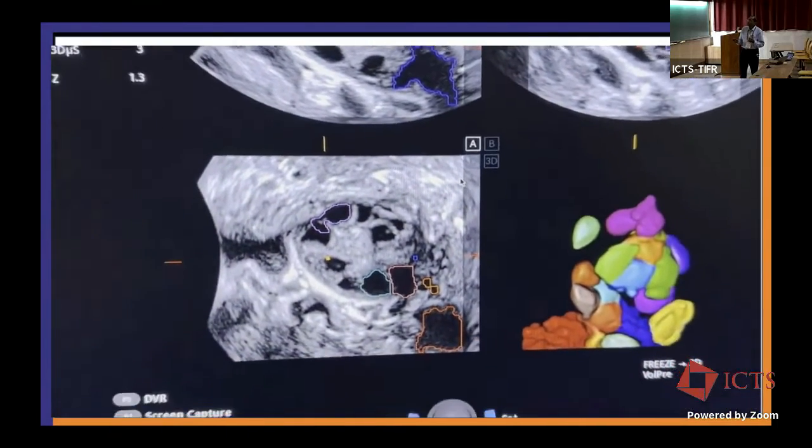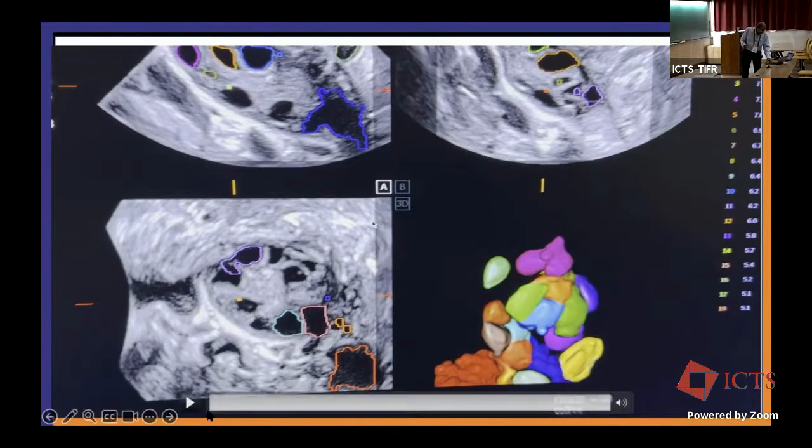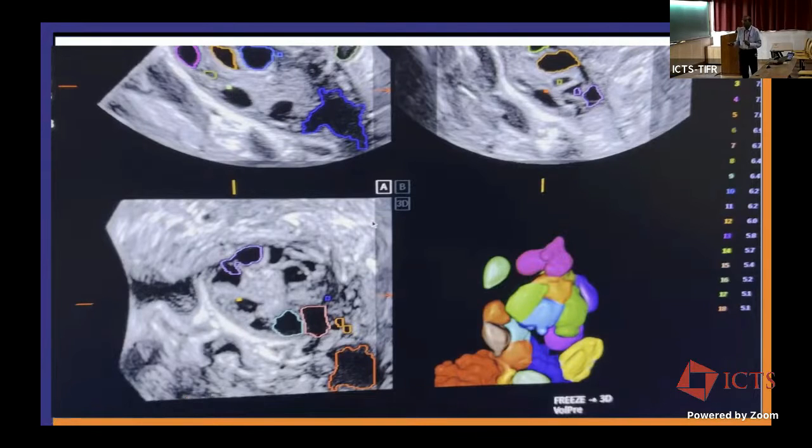There. It has recognized that, and it has also recognized something which is not the follicle. So these are the images, and you can see the list with all the measurements. But what has happened here is it has recognized any cystic area other than the follicle. So this is where some human intervention is required, because the algorithm is not good enough to exclude things which are coming out of the ovary. It still has to be refined. But certainly this has